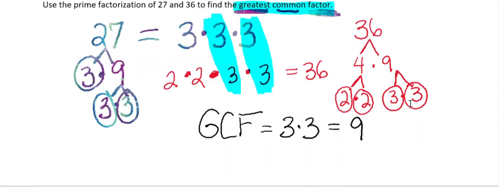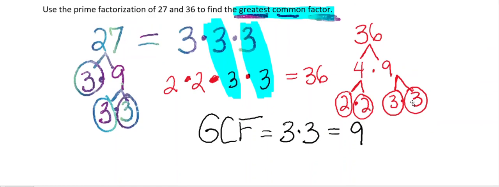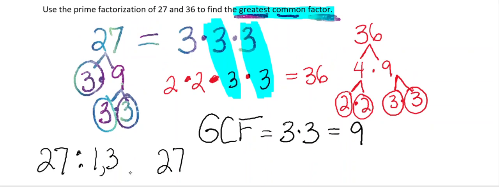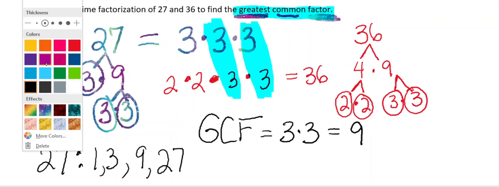Another way to determine greatest common factor is to list the factors of each number. So 27 factors to 1 and 27. 2 doesn't divide into it. 3 does. 3 times 9. 4 doesn't. 5 doesn't. 6 doesn't. 7 doesn't. And 8 doesn't. So that's all the factors of 27. If I list all the factors of